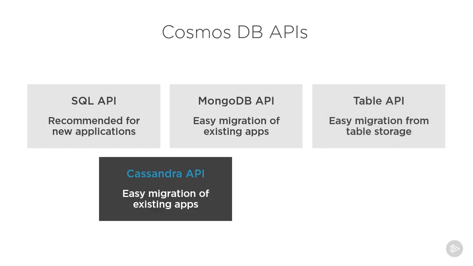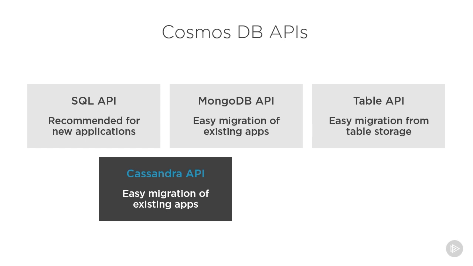Cassandra is a popular wide-column NoSQL database. If you have an application which works with Cassandra and you want to migrate your data into Cosmos DB, you can choose the Cassandra API. Simply migrate your data to Azure Cosmos DB and change a connection string in your application to point into Cosmos